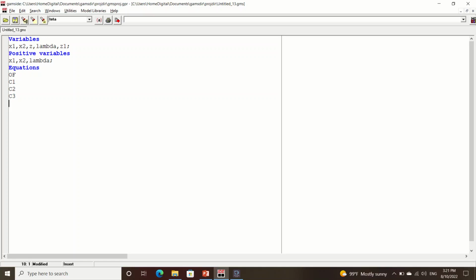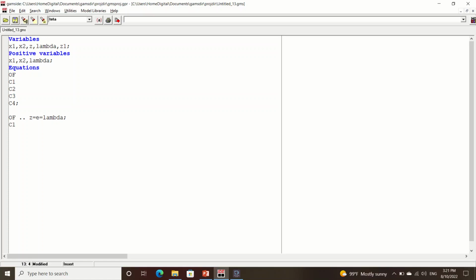So we must define constraint 4 for this part. Objective function is defined like this: z is equal, excuse me, semicolon, z equals lambda,